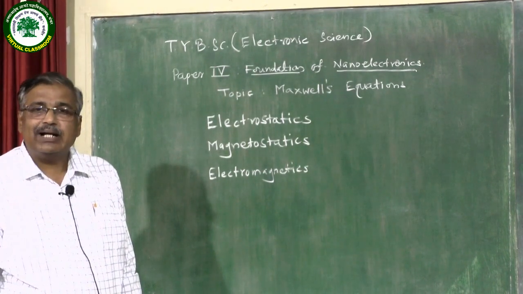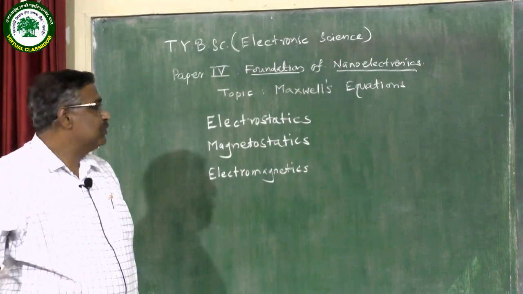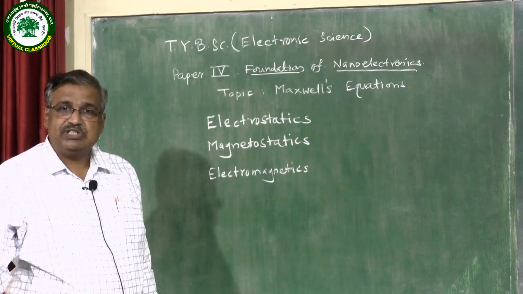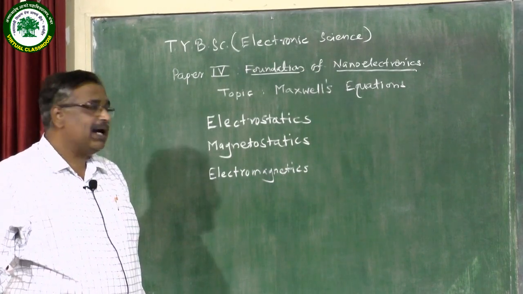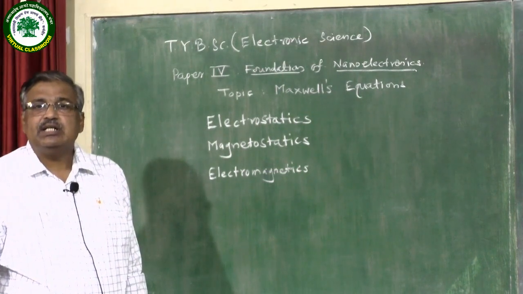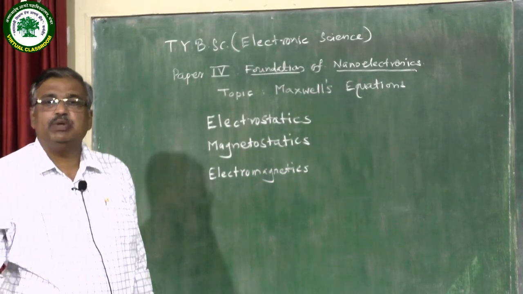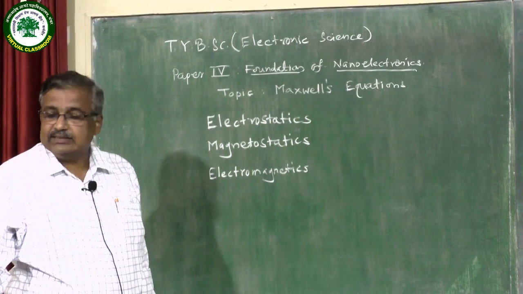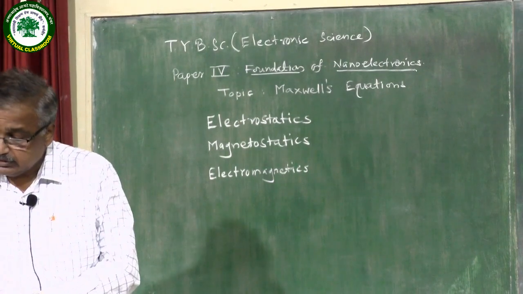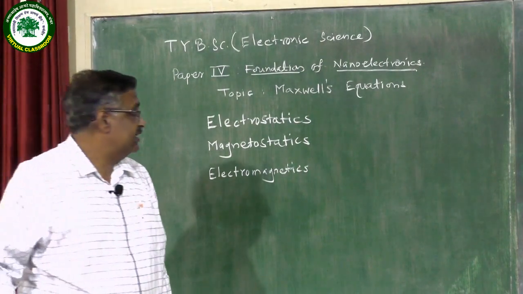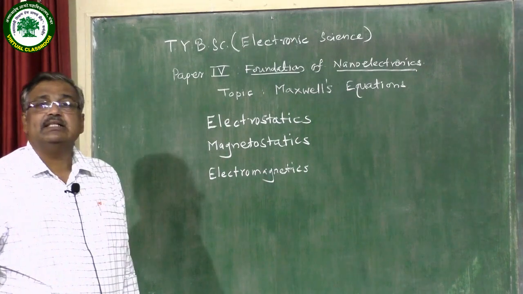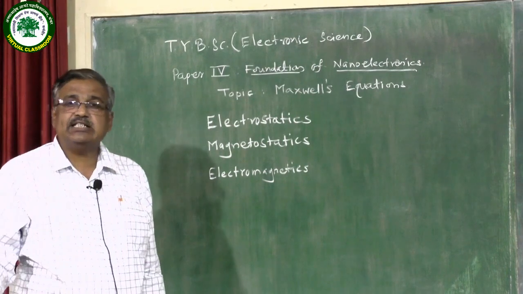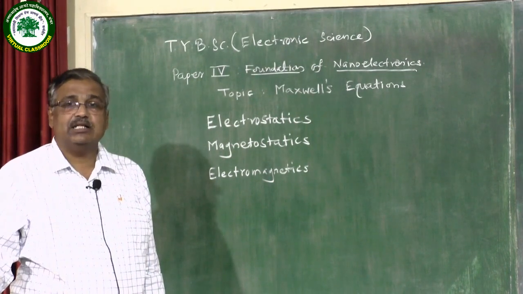In the case of electromagnetics, there are three parts. The first one is electrostatics, which basically deals with charges that are stationary. The second part is magnetostatics, which deals particularly with stationary current, or the concept associated with steady current. And the third part, electromagnetics, is the combination of electrostatic theory and magnetic theory. That means the charge is present in an electric field as well as a magnetic field.